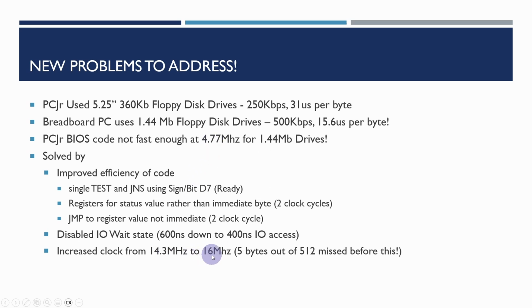So this is slightly above what the process is supposed to do, but it's probably within tolerance. It seemed to actually give me a few more microseconds. When we were running at the 14.3 megahertz, I managed to get it so that when it was reading 512 bytes, it was missing about 5 of them. And with this extra boost in frequency, we're able to get all 512 bytes and didn't have any missing